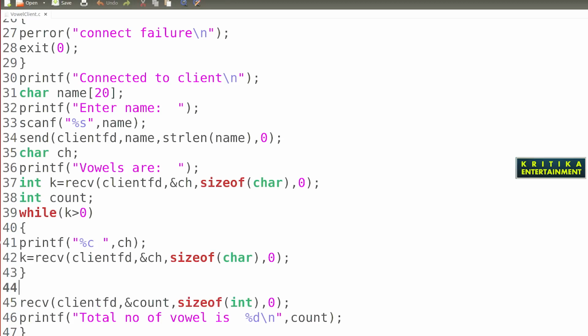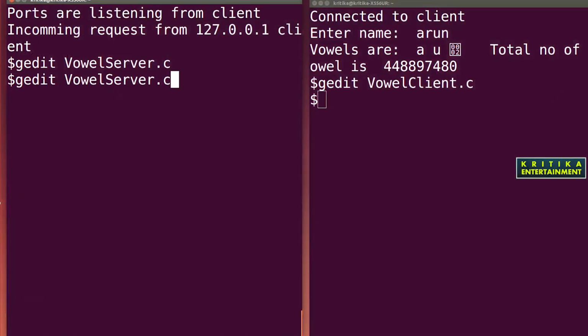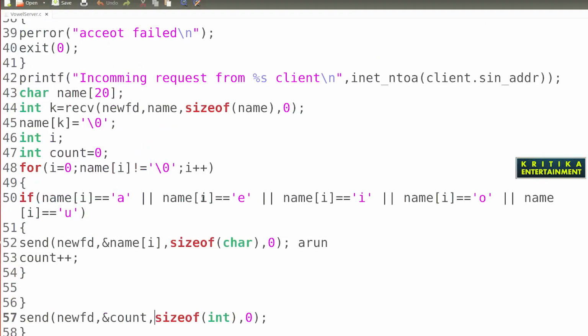So what will we do? A tricky logic will be needed here, and you will not find this logic yourself. Suppose here I write one send function again to terminate this vowel loop.